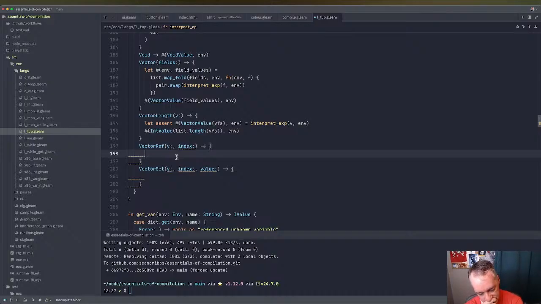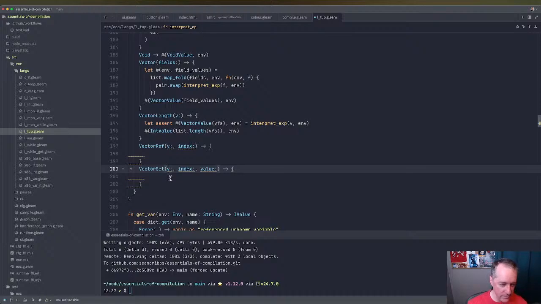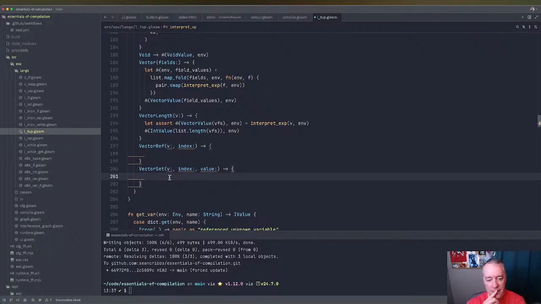In that vector set, we don't have mutable stuff. It actually doesn't matter for ref and length because it's fine to pass a vector to length and just get the length of it, which is kind of pointless. But